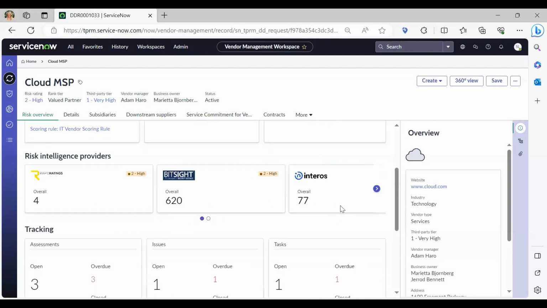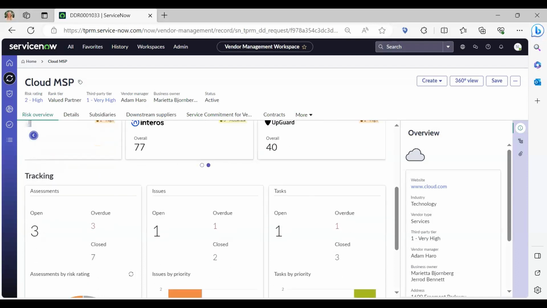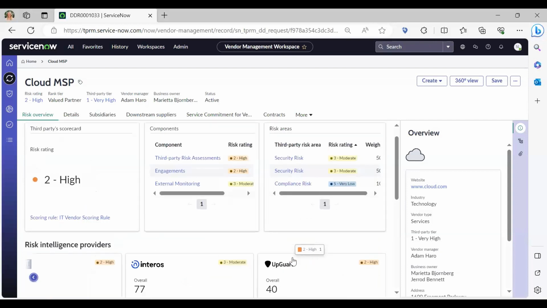And then getting into our intelligence providers and what their current ratings are. So based on your relationship with these organizations, and we have quite a bit available on the store, it will feed the platform with continuous monitoring, continuous scoring. But of course, the platform then normalizes that input to be able to be included in your unique third-party risk scoring. And then, of course, operational tracking against the highest level, your third party.